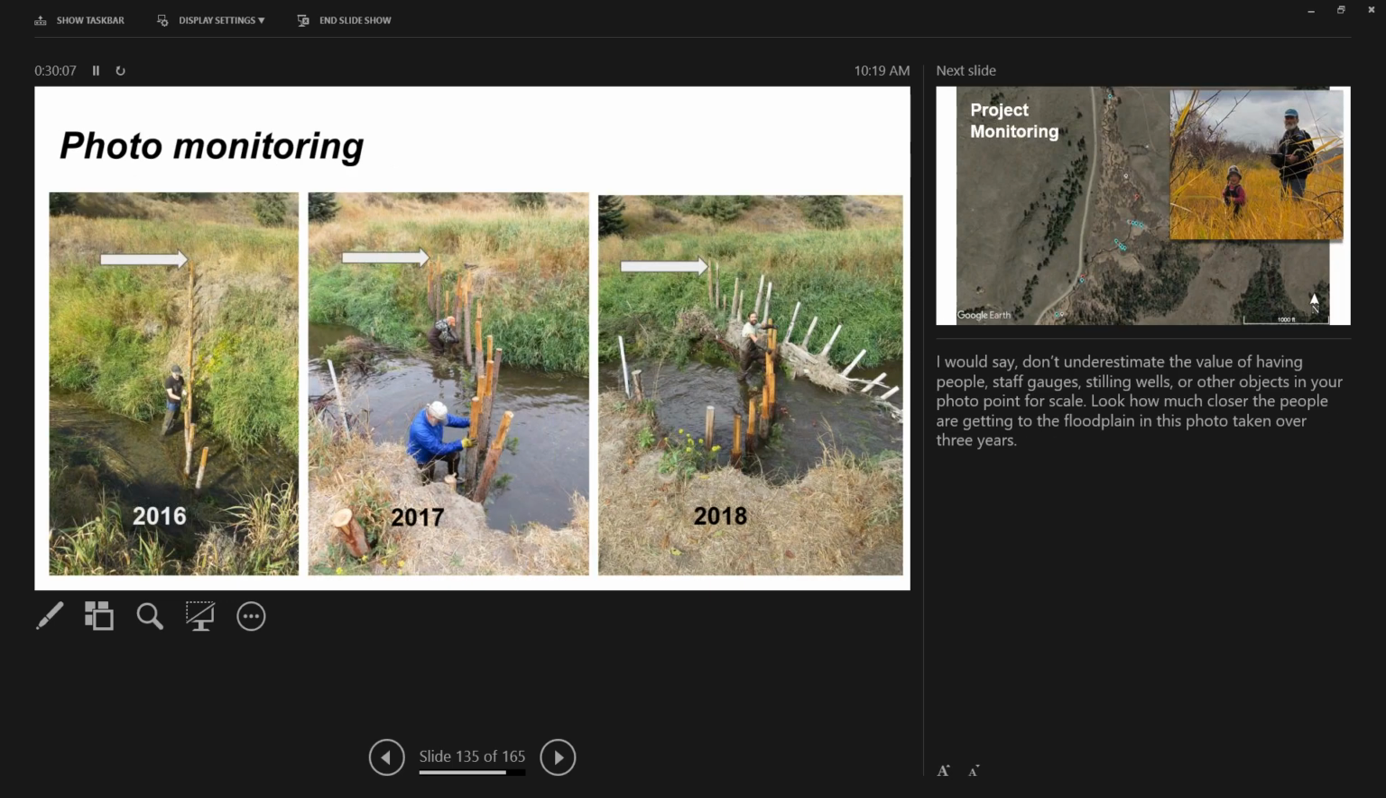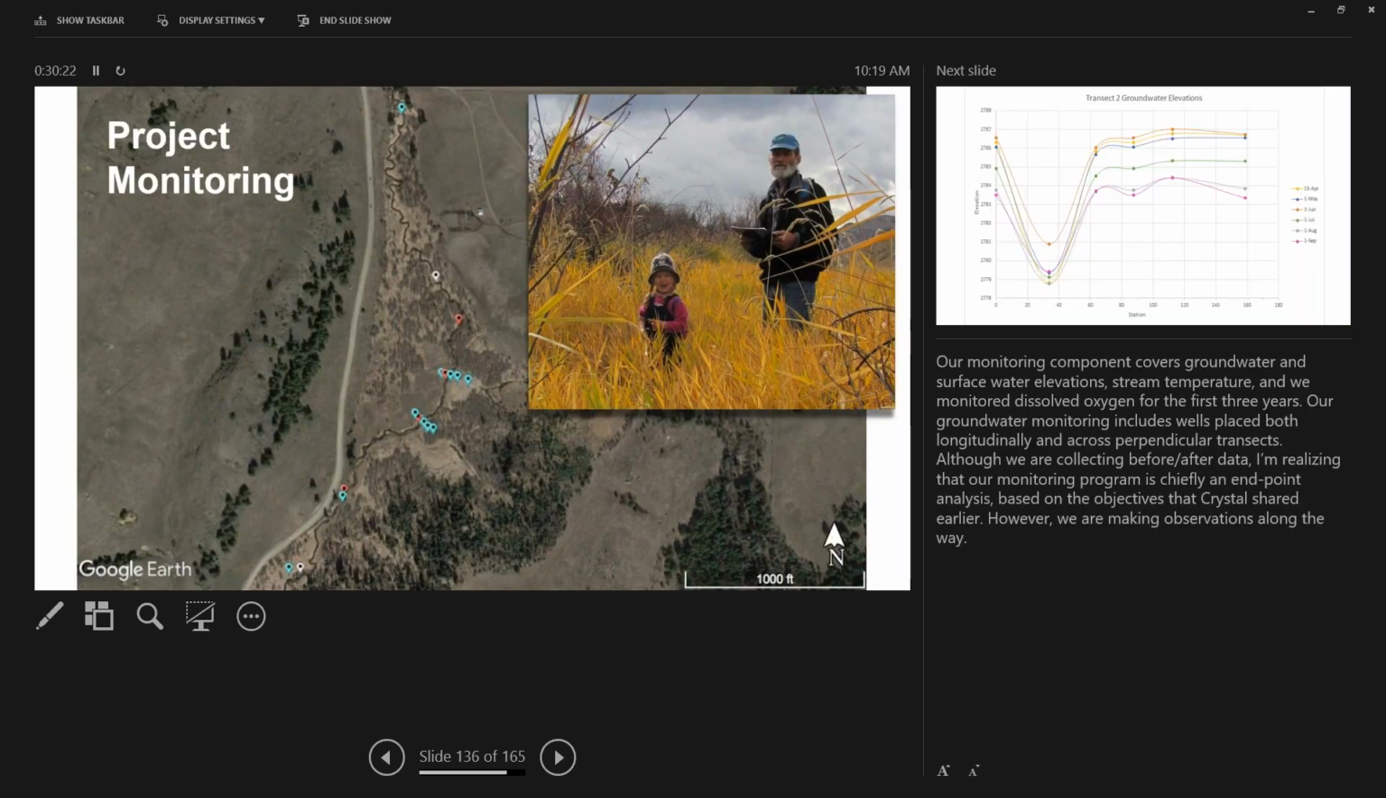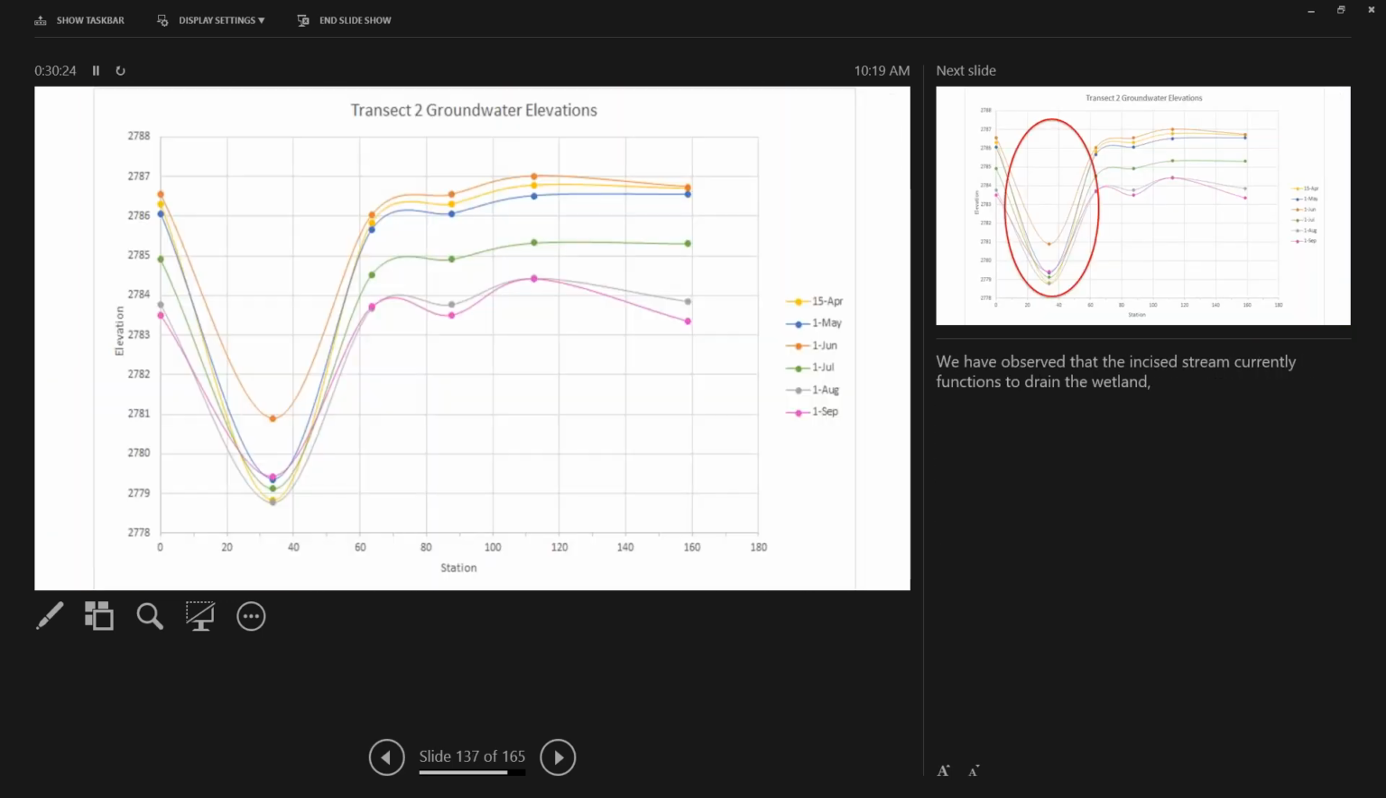Photo monitoring has been really fun. You can tell that I enjoy it. This is looking down into the incision trench over a period of 3 years. And it's nice to have reference points, whether it's people or a staff gauge or a T-post or something that stays the same throughout. I don't really have time to talk about project monitoring,